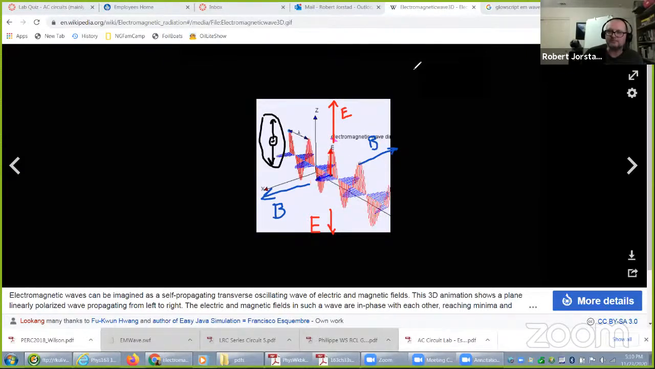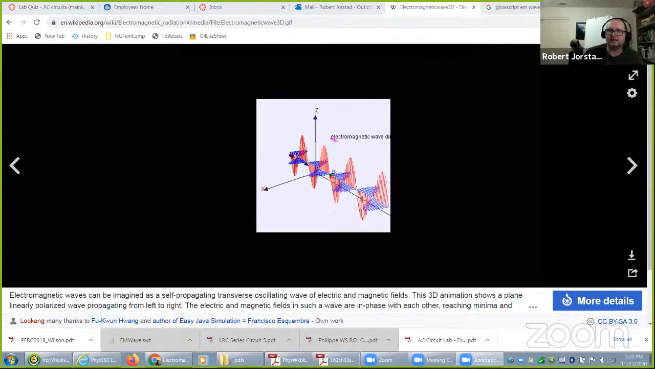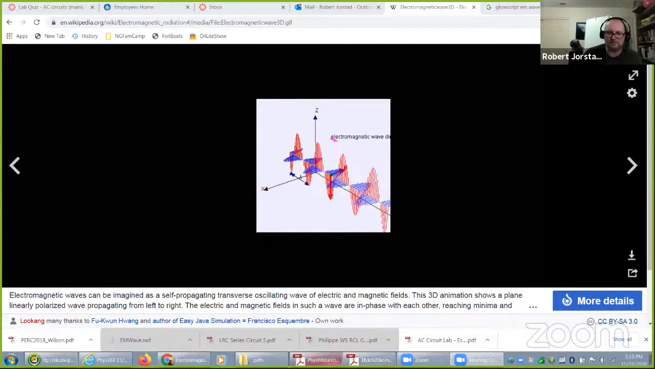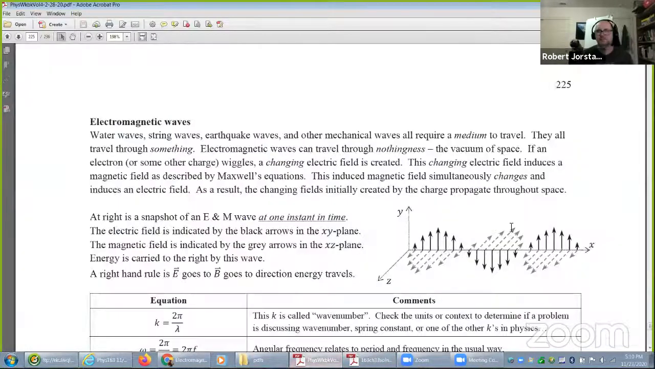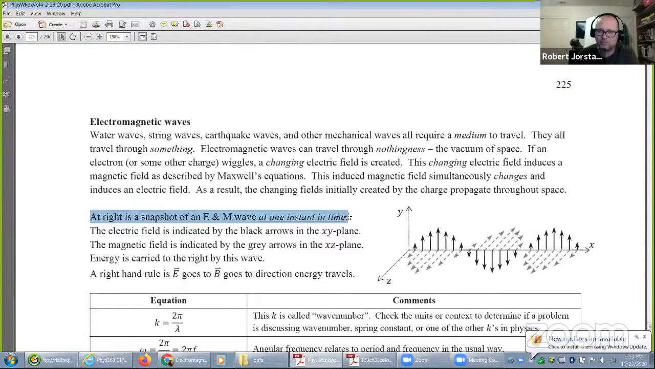Okay. So while that animation is cool, let's look at some words. This is page 225, my attempt to simulate that. Notice right here, this is a snapshot at one instant in time. Notice I've got a slightly different set of coordinate axes than that demonstration I had. Let's get that out of here. So in this case,